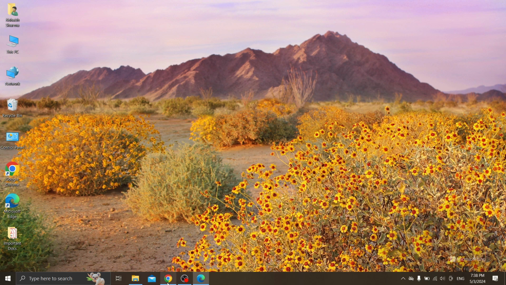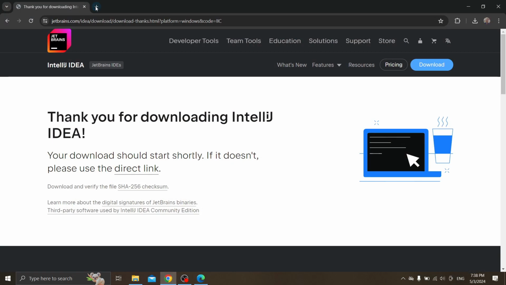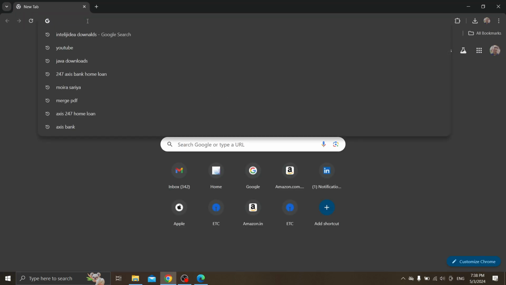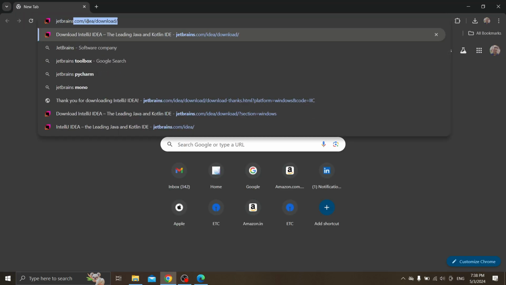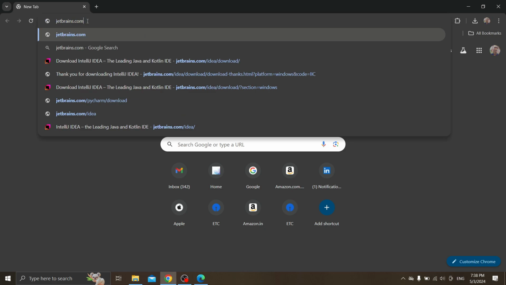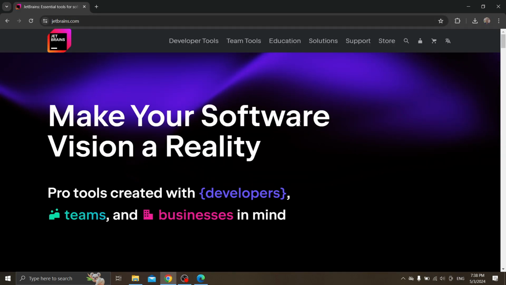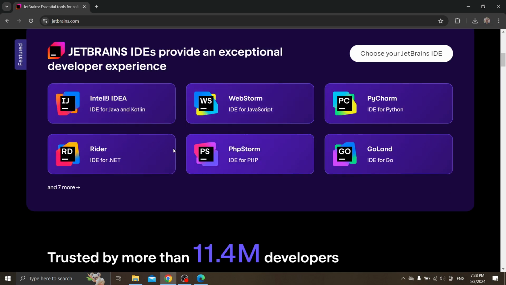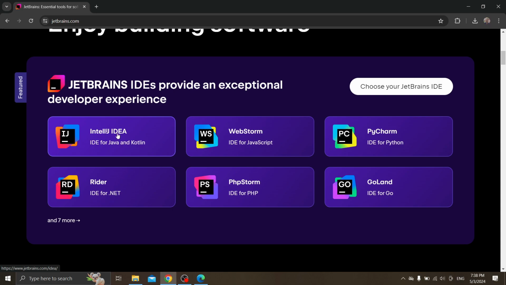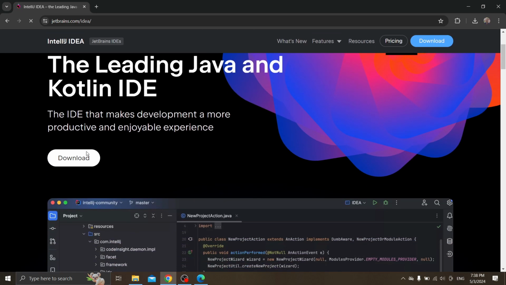First you need to open your web browser and search jetbrains.com and hit enter. You will land on this website. Now you need to scroll down and click on IntelliJ IDEA for Java, and now you will see